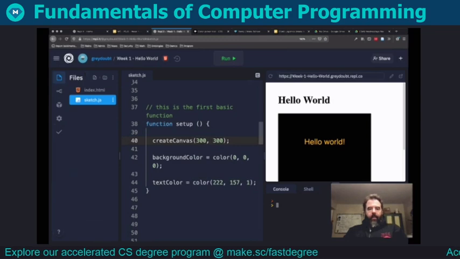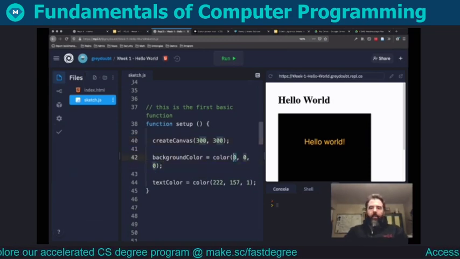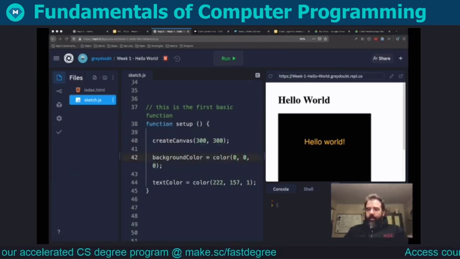Now, the next operation is this color operation. And here we have three numbers. And each of those corresponds to